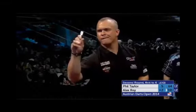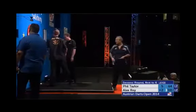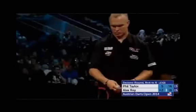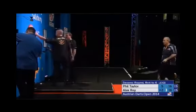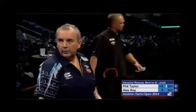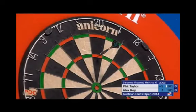So will Phil Taylor take this out to book his place in the last 16 to face either Simon Whitlock or John Henderson? That game coming up, the penultimate one of the night. So to get the job done, Taylor wants double 16 now for the match. 48. Alex Roy 36. Well, a chance then for Alex Roy to stop the rot, and hits double 18. Alex Roy. Taylor will be frustrated with himself there, but he does have the throw here, so another chance to get the job done. But Alex Roy